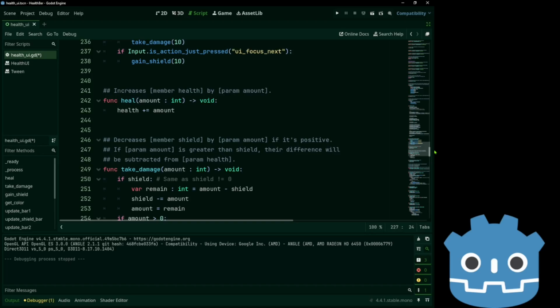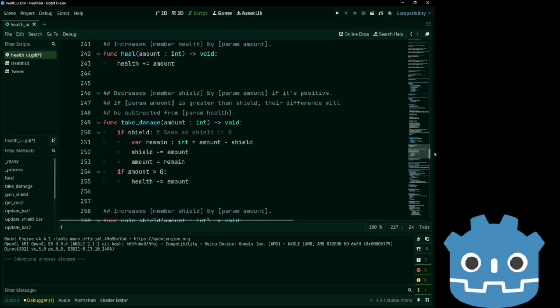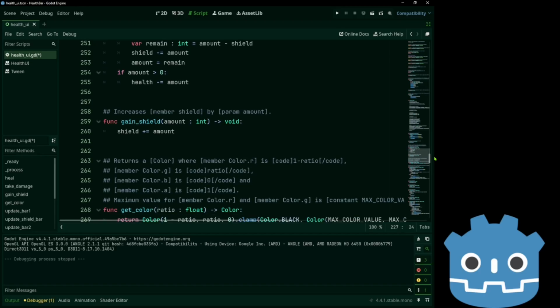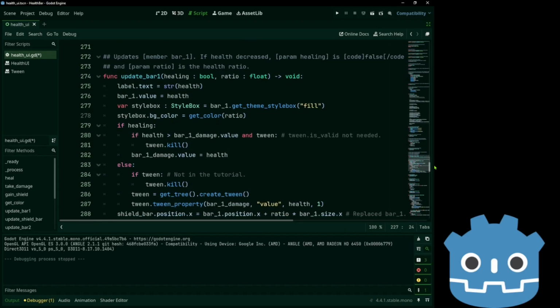The process is the same, heal is the same, take damage is the same, gain seed, get color.